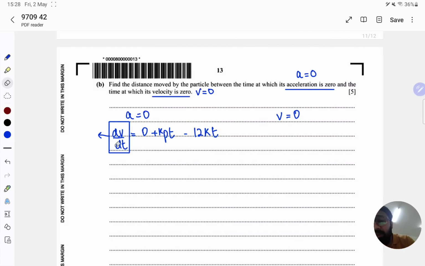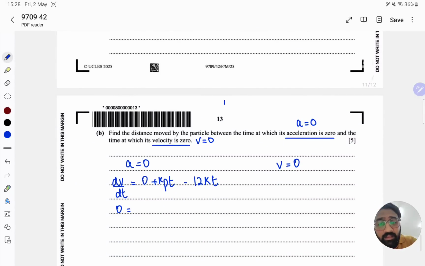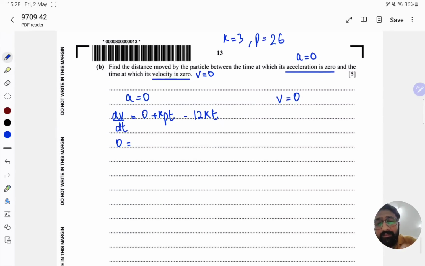This is the expression for acceleration. So the acceleration is 0, so 0 will be equal to, we already have the value of k. The value of k is 3 and the value of p is 26, so it will be 3 times 26